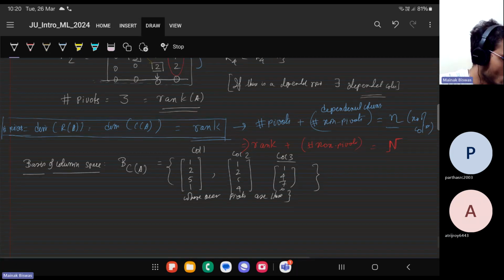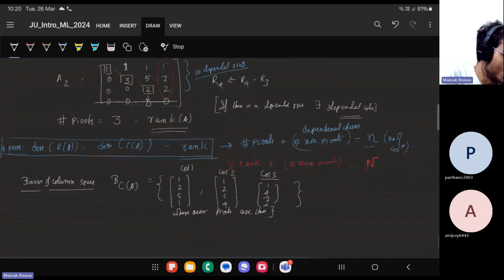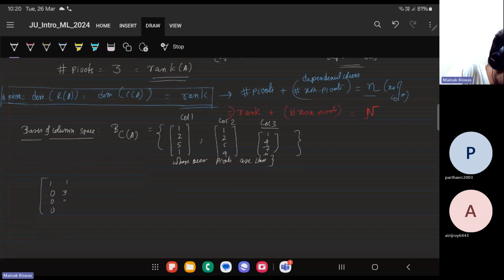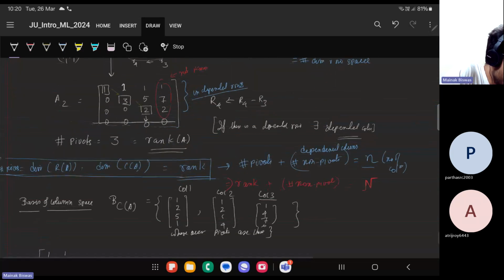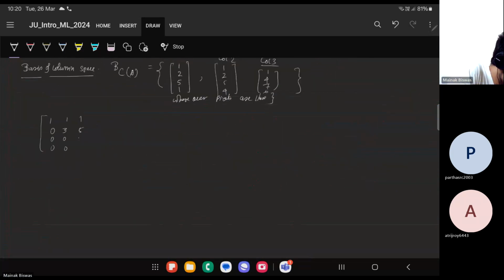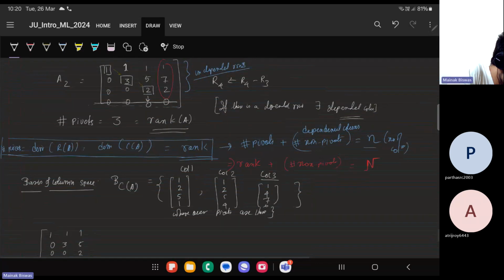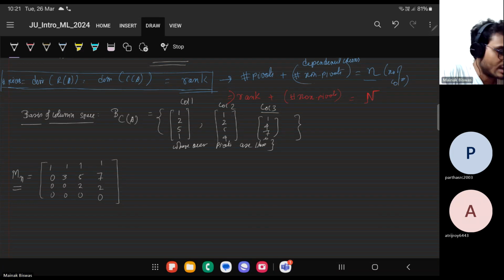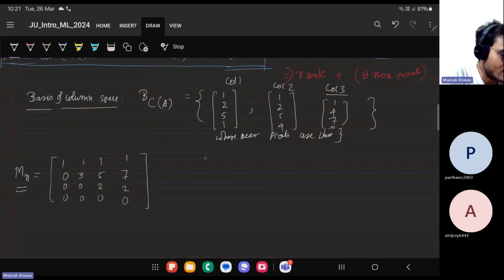Now I want to also show the null space. How do I do that? So I have this matrix with me: 1 0 0 0, 1 3 0 0, 1 5 2 0, and 1 7 2 0. This is my matrix new. Agreed? And I know that the null space of matrix new is the same as the null space of